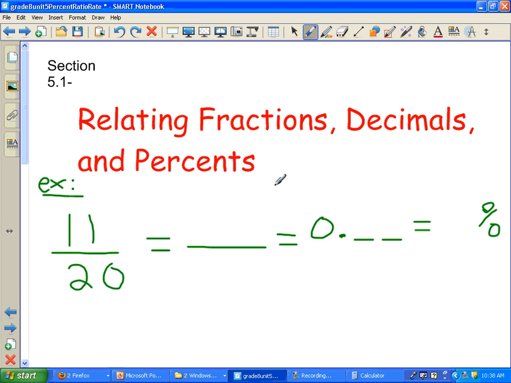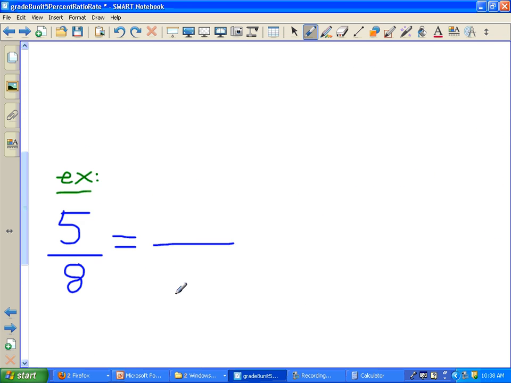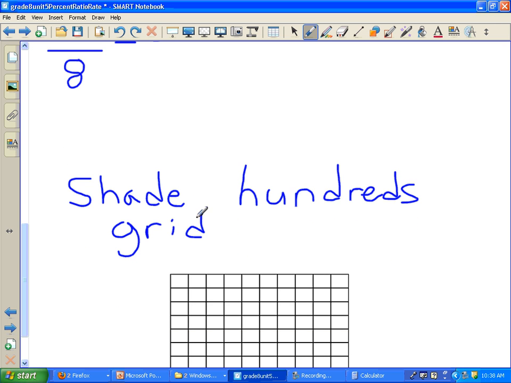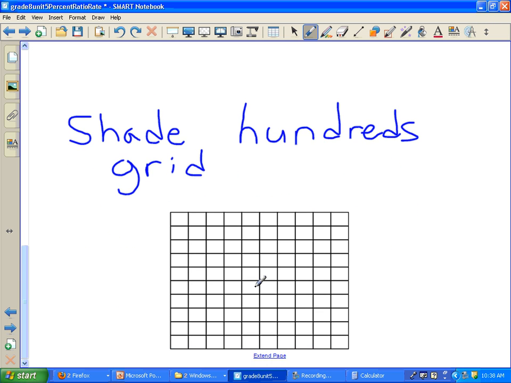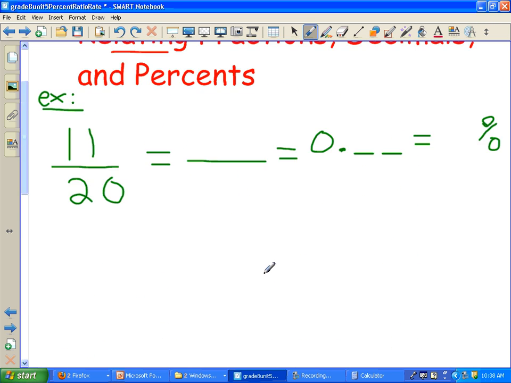Okay, in section 5.1, we're going to look at fractions, decimals, and percents, and we're going to change some of these common ones, and then we're going to look at a few that are a little harder to change, and then shade them in on the hundreds grid. So let's start off with this one,